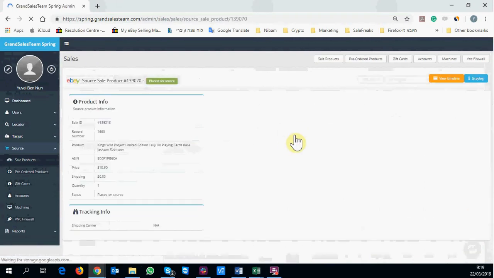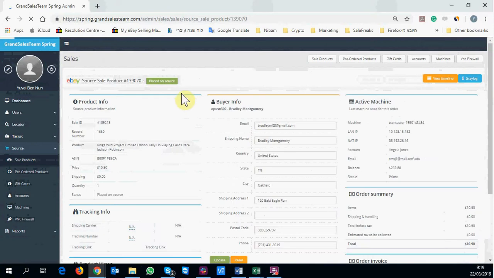So when an order came in, now you can see that the status is placed on source. But if it wasn't placed on source, it was in a status of updated, meaning we collected the information, we're ready to process, and now we're waiting. Okay? Now, on this specific placed on source, on this specific transaction, we can see the sell ID,